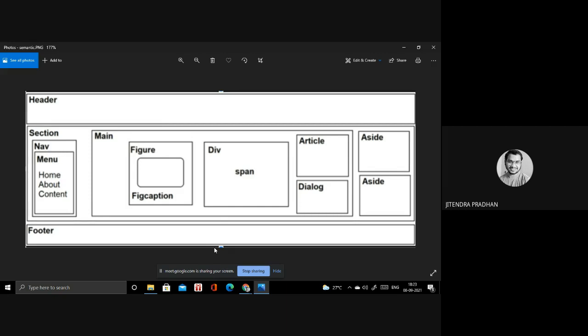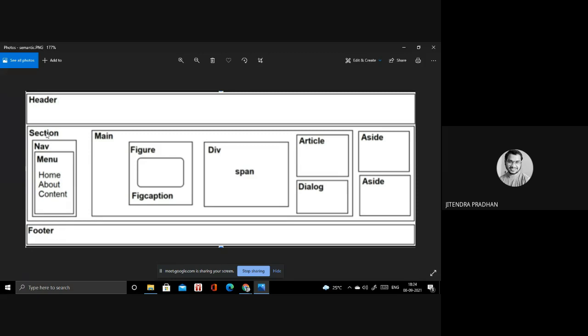After that we have aside. If you want the aside on the right side, then you can. If you want to change that aside to the left side and the navigation on the right side, you can. If you want the navigation below the header, then you can. As per your requirement you have to use it. Next is footer. We use footer for whatever we are designing for the footer.